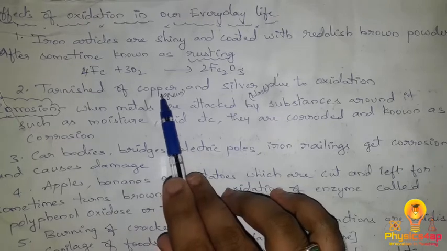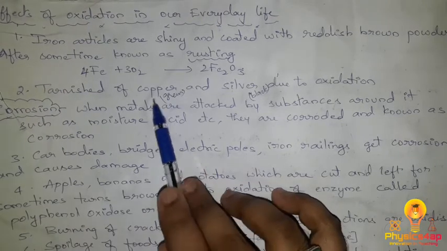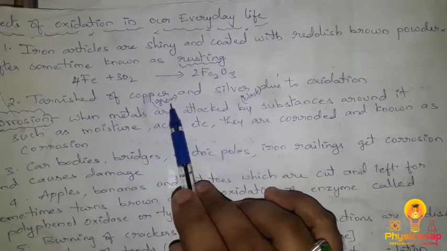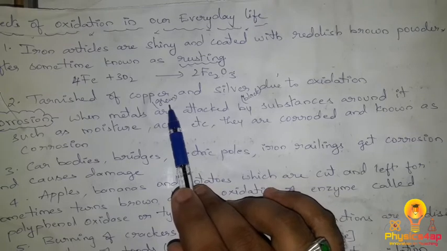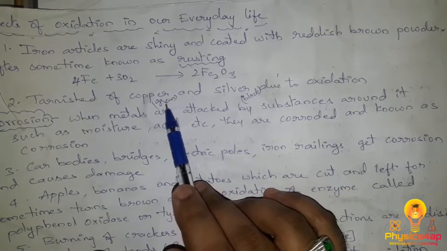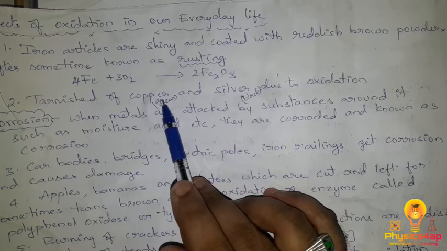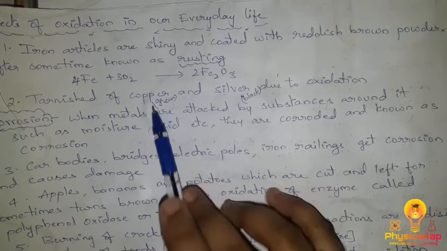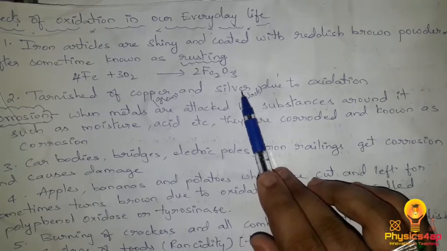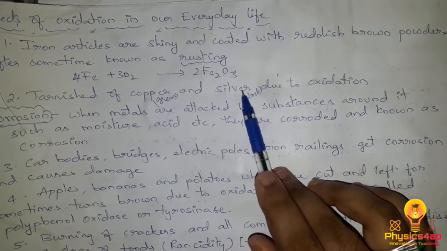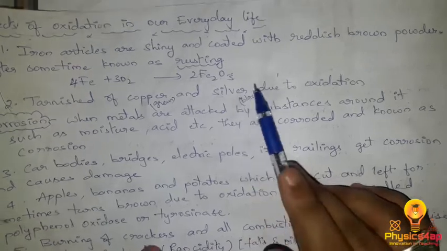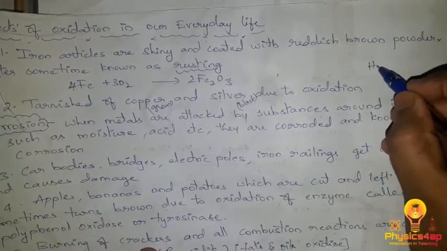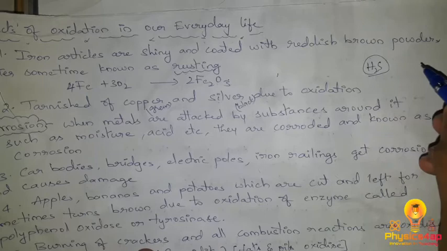Now for example copper. When copper is exposed to moisture, it is converted into green color, that is oxidized, which in a sense we can call copper carbonate. Copper carbonate is in green color. As well as silver, when it reacts with chemicals like hydrogen sulfide, H2S,